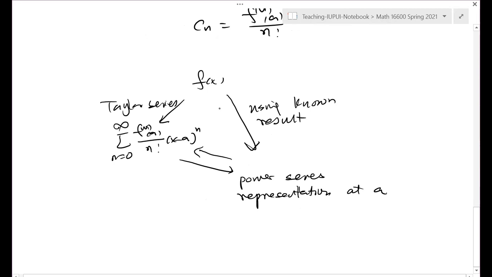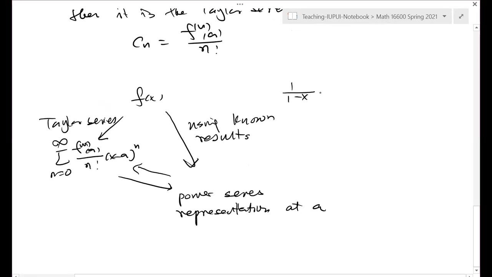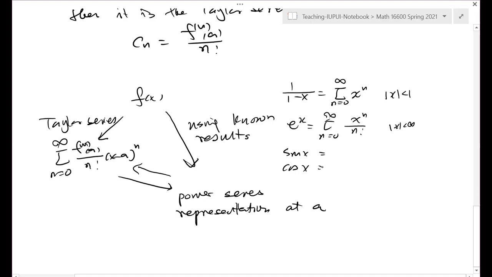One is to use the definition, or you can go around it using known results, such as 1 over 1 minus x equals the sum of x to the n, or some other result like e to the x, and so on, where x is arbitrary, or sine and cosine. We already did those, right? And using those results, you are able to